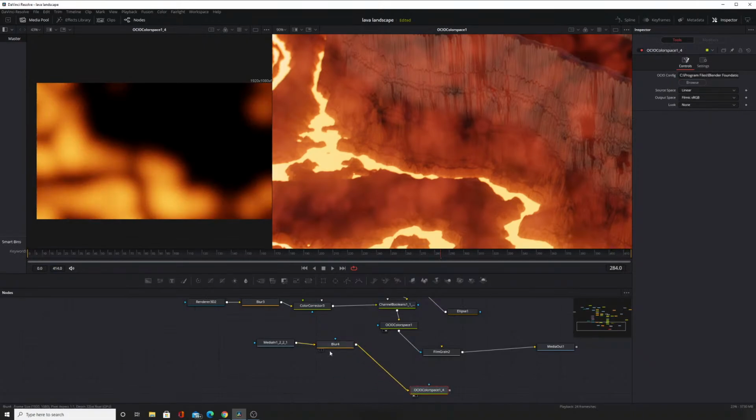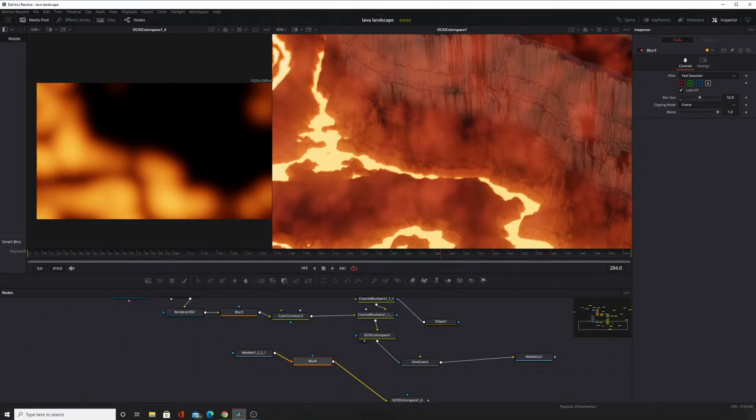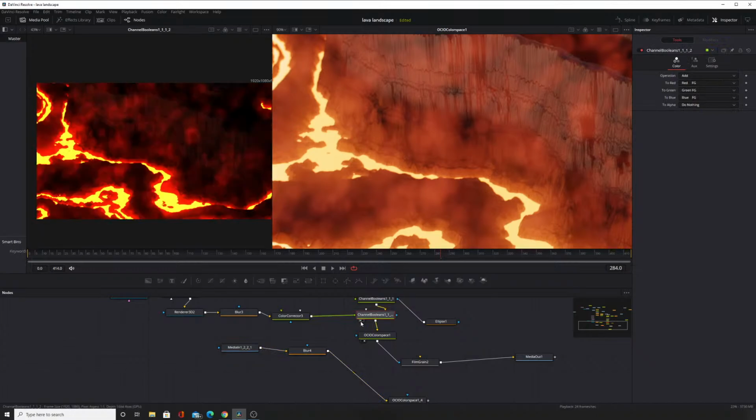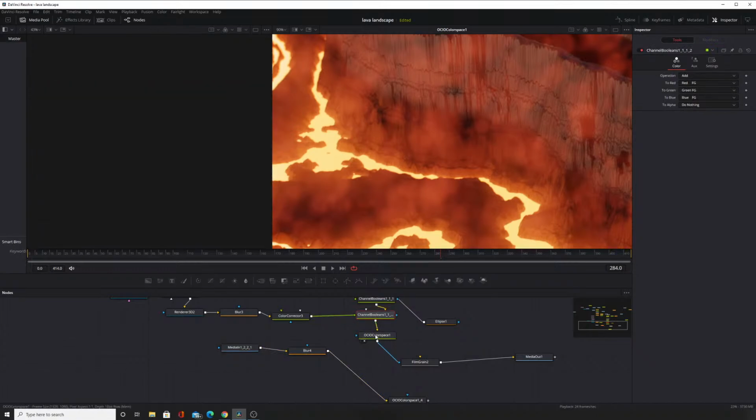And now, let's see, what do we want to do? We want to take this channel, which is here, and we want to use this. Okay, so I think I know how I'm going to do this. So we're going to copy this channel boolean, and then we're going to paste it, and we're going to take this and set it to multiply, and we're going to multiply by